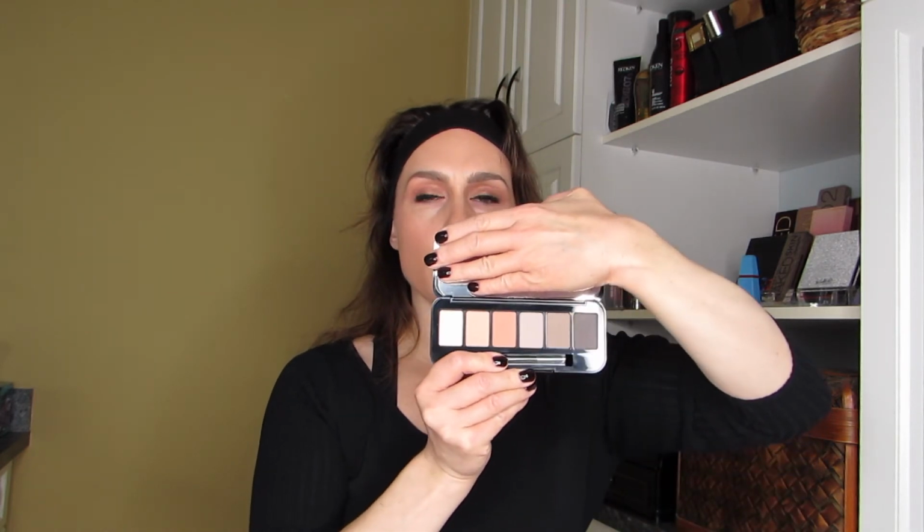This is a palette that I got when I bought my Dolly palette from Buxom. This is the Suede, I think, Suede Seduction. And, you know, they're all so similar. I mean, there's the one peach in here, but if you take the peach out, it's all so basic and similar that I could do a couple of color combos with this one, but I've really only